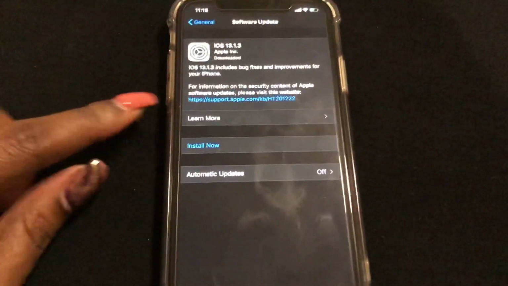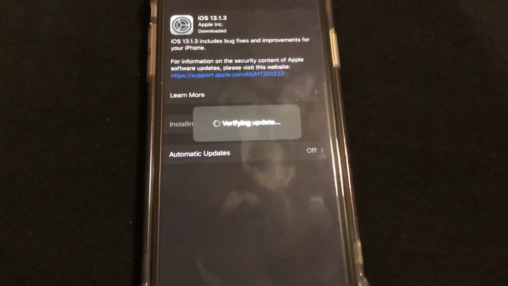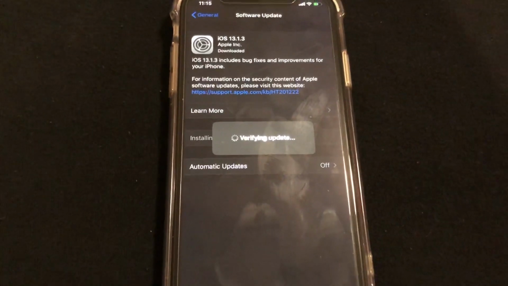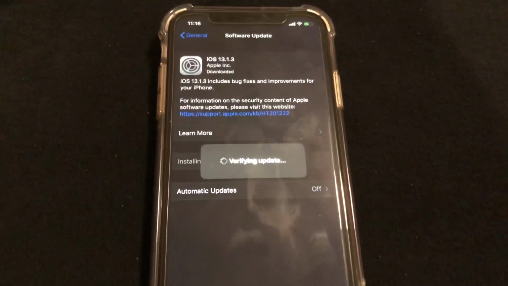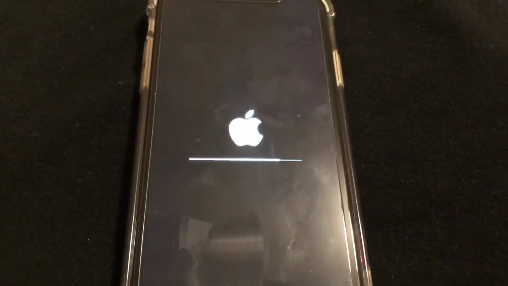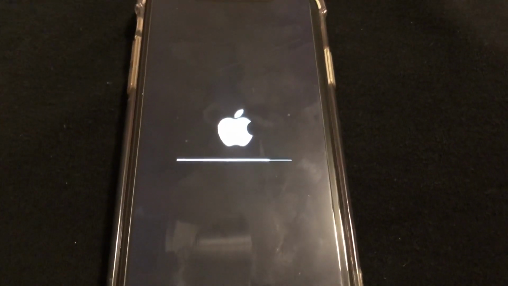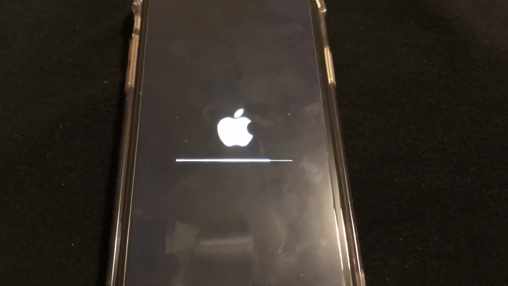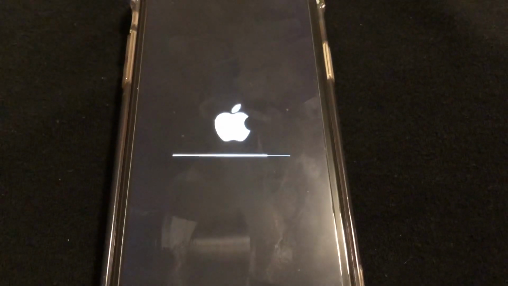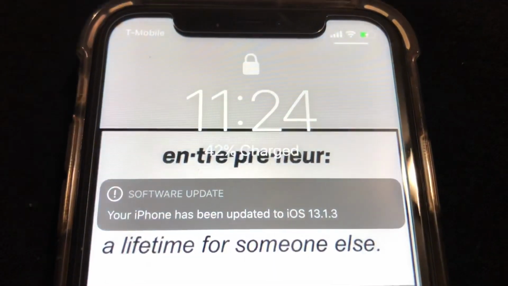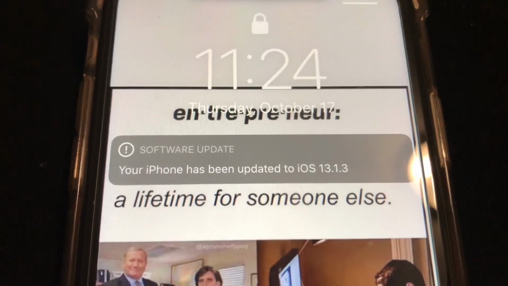Now it says install now, so we're going to install. Installing, verifying update. And we wait. So it's going through the process of installing rather quickly, and just waiting until it finishes up. It's almost done, and then it should be rebooting soon. Okay, guys, so that is that. Software update complete. Your iPhone has been updated to iOS